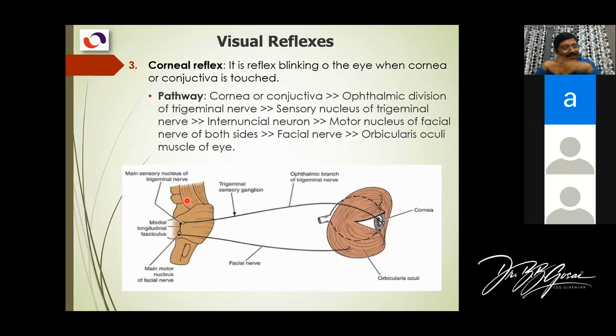It can connect to the 7th floor. It can connect to any other floor. So the medial longitudinal fasciculus is a longitudinal bundle which connects different parts of the brainstem. And this is for the coordination of different nuclei.